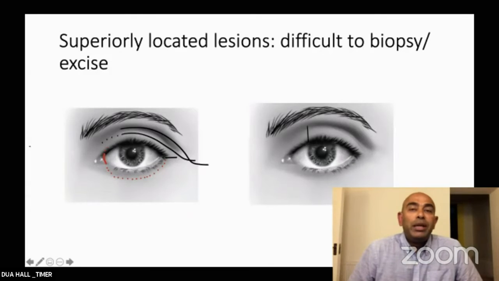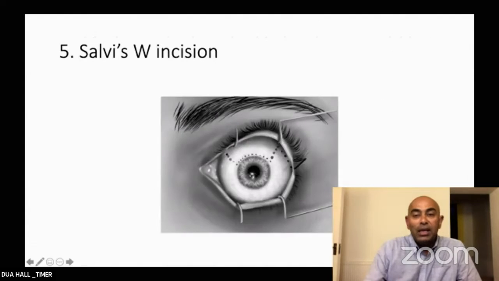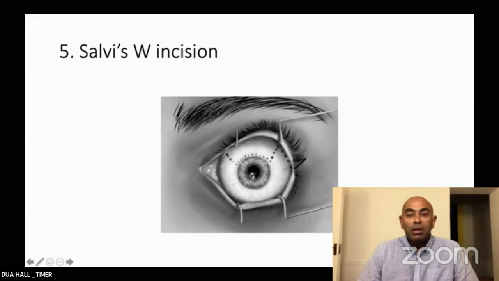But what about superiorly located tumors? I've tried an open, like an upper lid split incision, which really hasn't given me the results I wanted. Hence, I've come up with this really novel technique, and I really hope you find this useful in your practice as well. I've labeled it the Salvi W incision, and the reason I've called it a W,